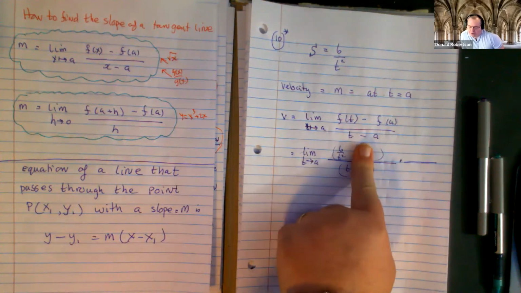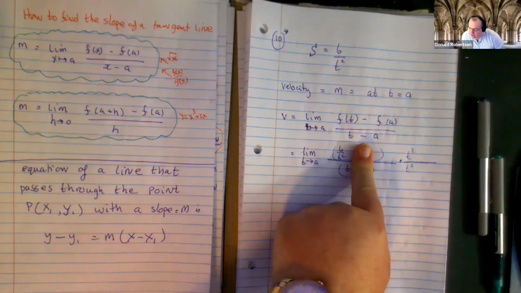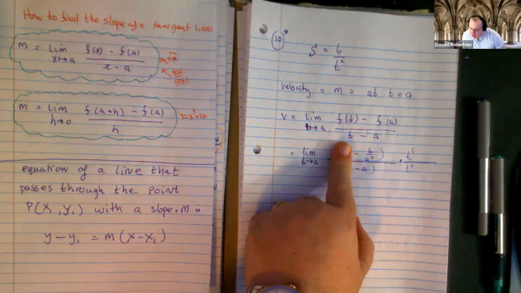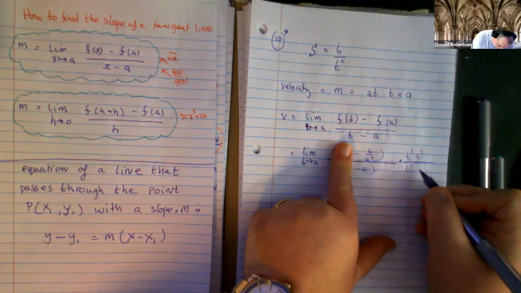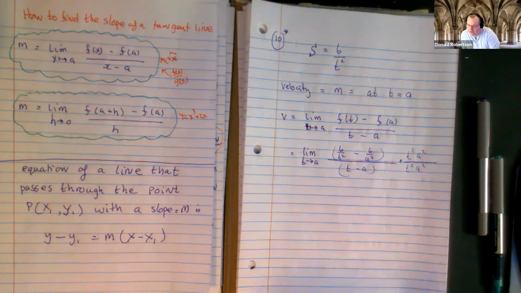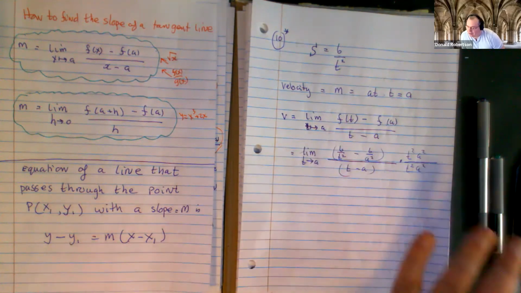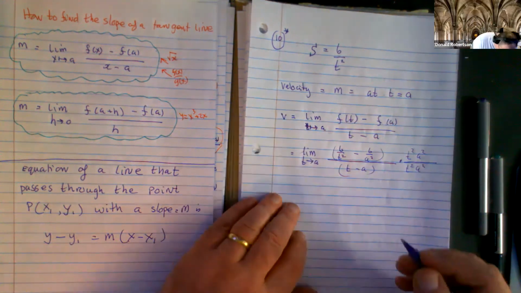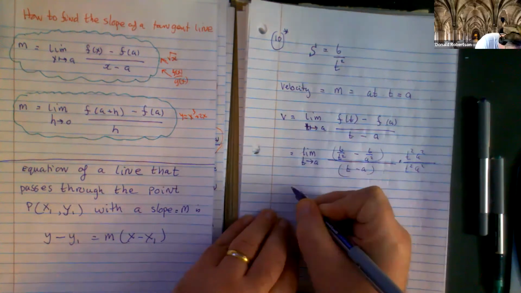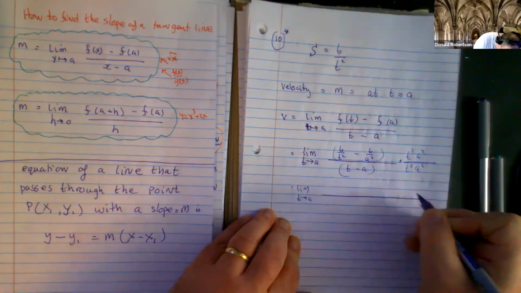Now, if I just wanted rid of the t squared, wouldn't I multiply top and bottom by t squared? And if I just wanted to get rid of the a squared, wouldn't I multiply the top and bottom by a squared? But since I want rid of both of them, do you see that I multiply the top and bottom by t squared a squared? Right, so that's the strategy I'm going to use to make this prettier. Something we can work with. And here it goes. It's going to be the limit as t tends to a. I'm not going to do anything on the bottom